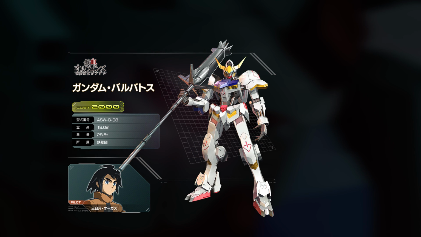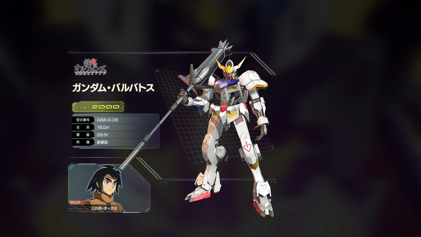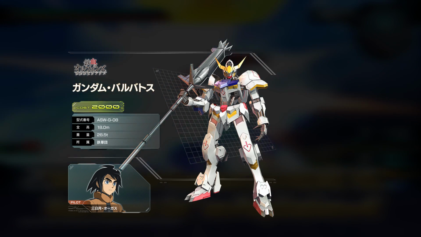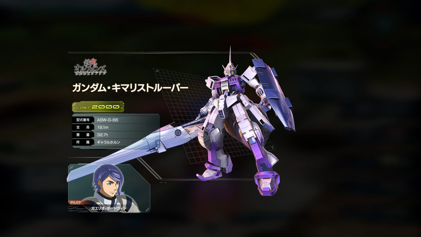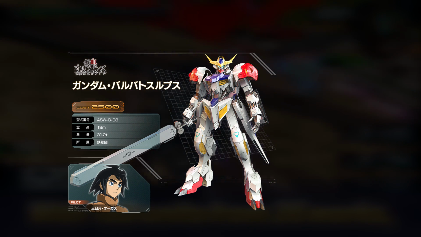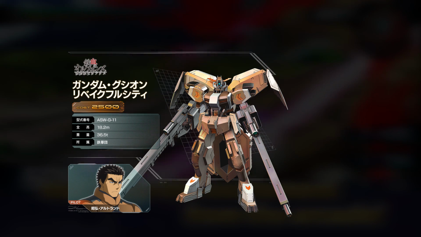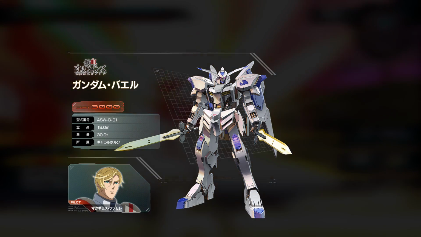On to characters from Iron-Blooded Orphans, we have the Barbatos, or Barbatos depending on your translation, at a 2,000 cost, piloted by Mikazuki August. The Chimaris Trooper at a 2,000 cost, piloted by Gaelio, the Barbatos Lupus at a 2.5k cost, piloted by Mikazuki August, the Gushin Rebake Full City at a 2.5k cost, piloted by Akihiro,